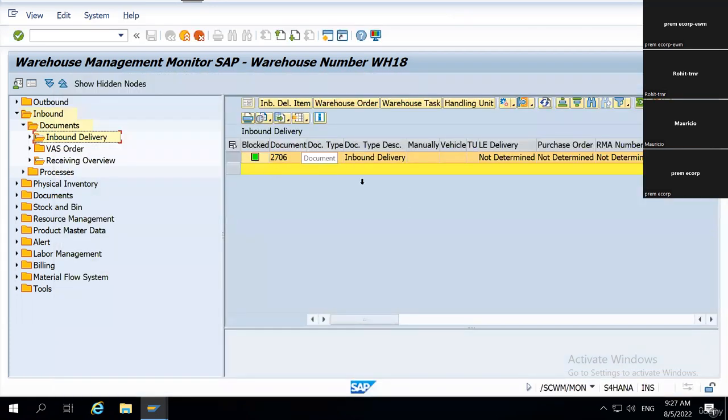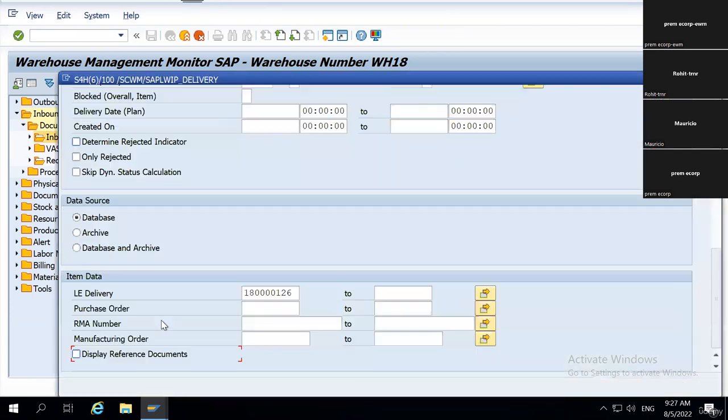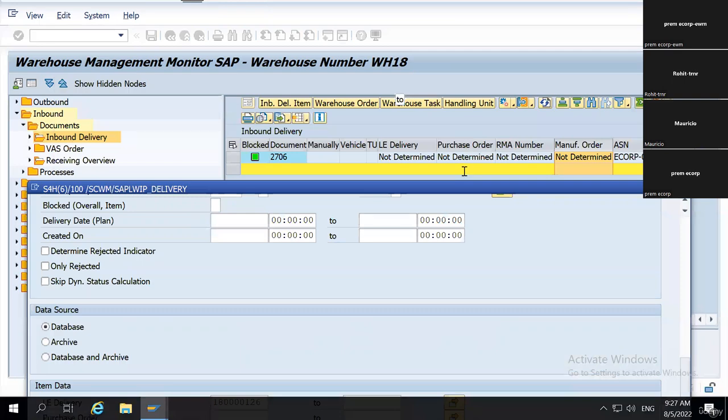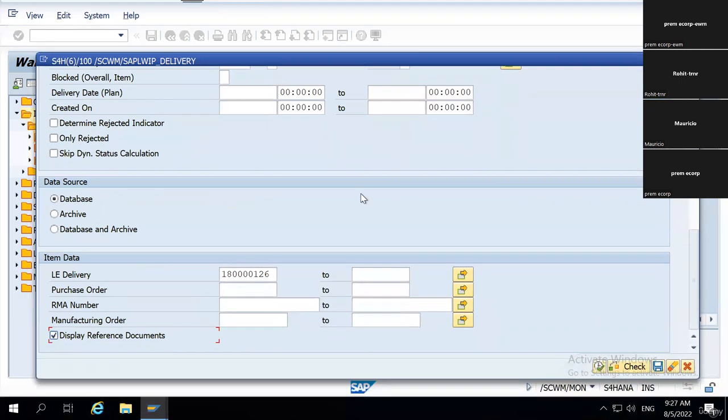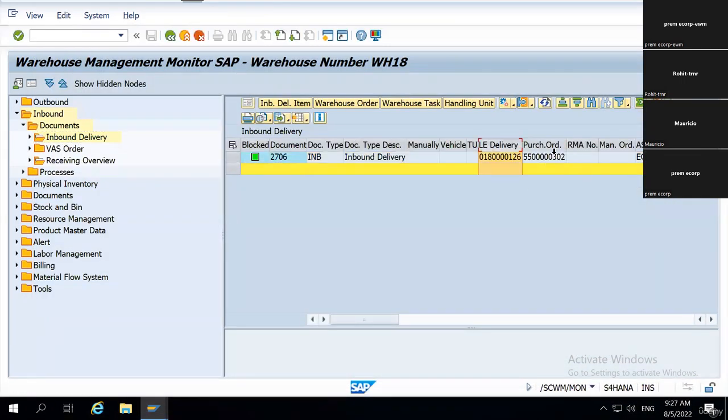You can see the inbound document. So this is the EWM document number 2706. And this is my document type in EWM, the document type description. And here the LE delivery, purchase order, RMA number, manufacturing order number are not determined because you haven't checked this. Once you check this, you can check your purchase order number. Now we are not able to see the purchase order number. It says not determined. Once you click on display reference document and click on execute, now we can see your LE document, the purchase order number